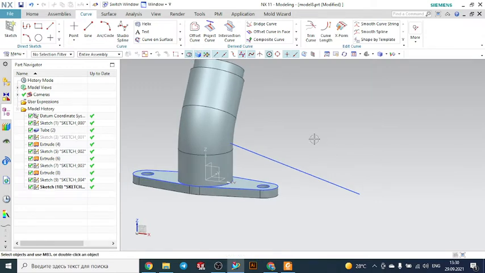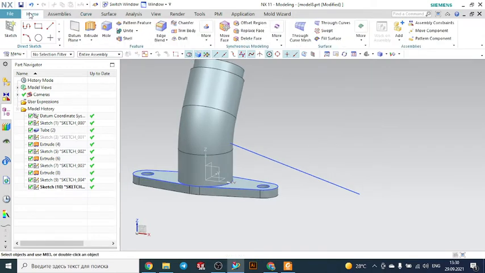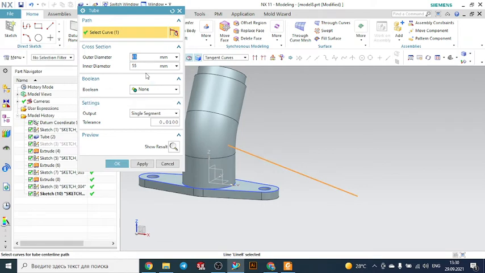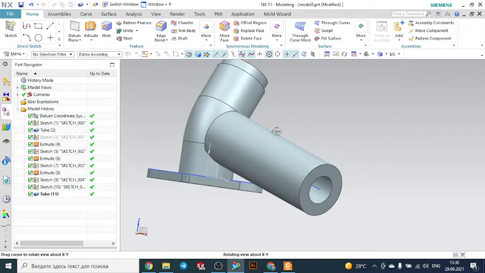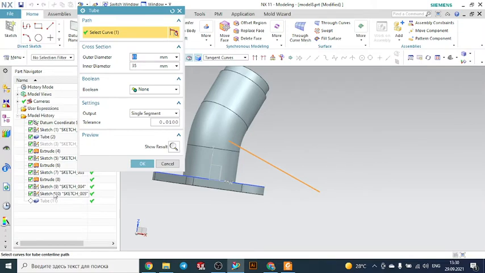So let's make it here. Tube is the 40 and 35. Let me change it. Okay,